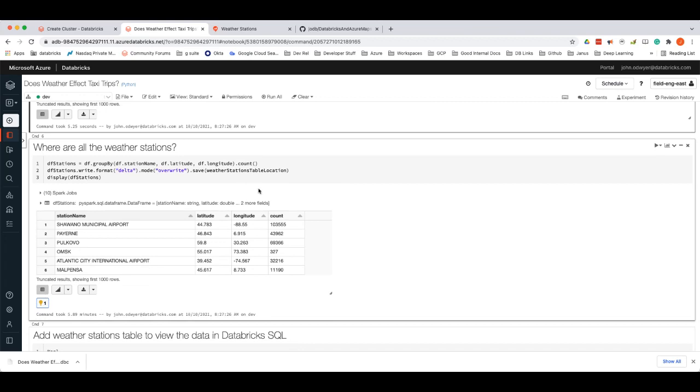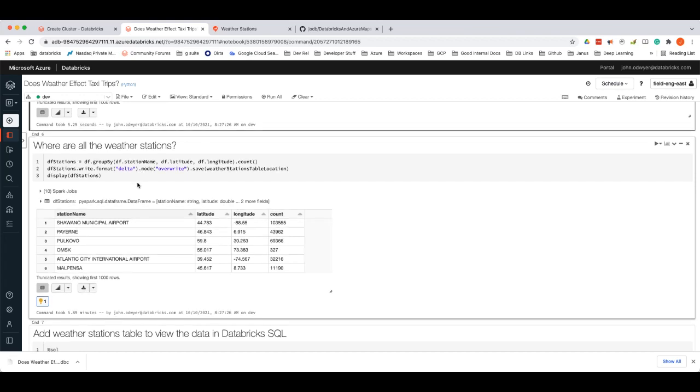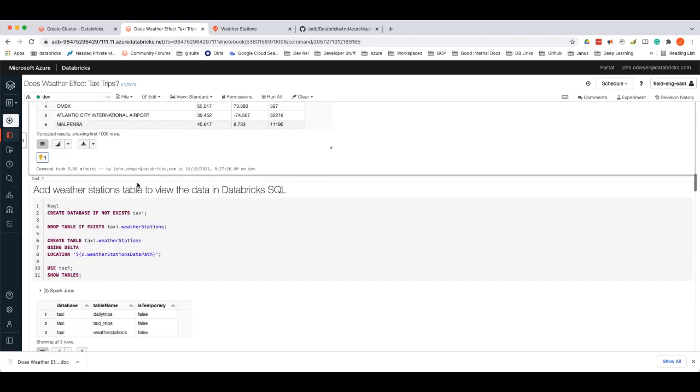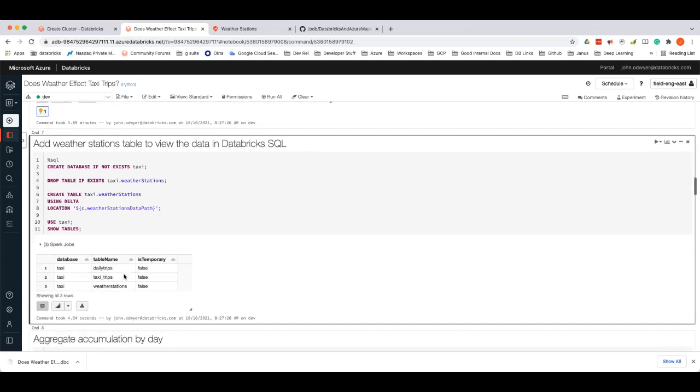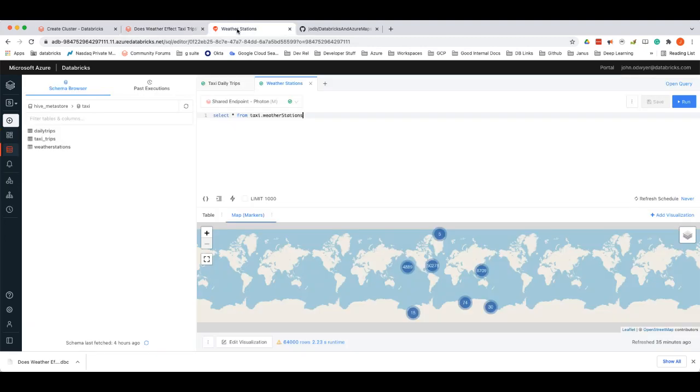And so what we're doing is, I said, all right, well, let's break this down to station and lat long associated to those stations, and set up that data in a table so that we can see it in Databricks SQL. And that's exactly what we did. I just ran a very simple select statement off of the weather stations that we aggregated here. And it looks like